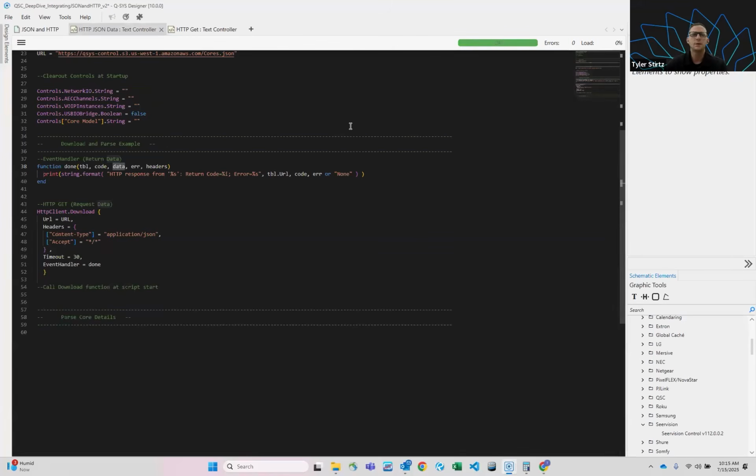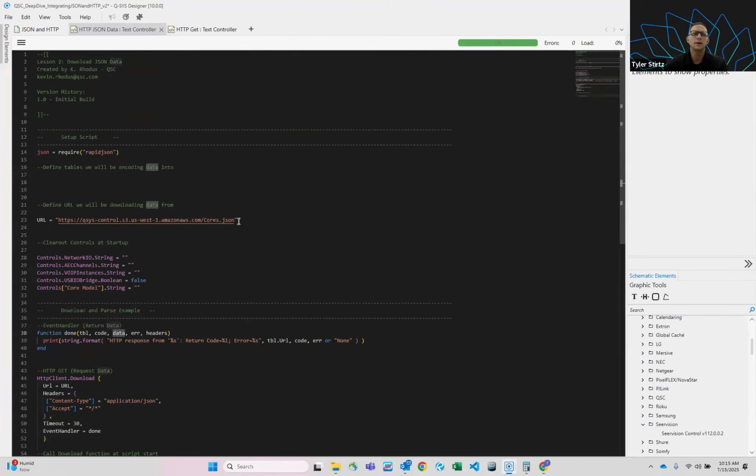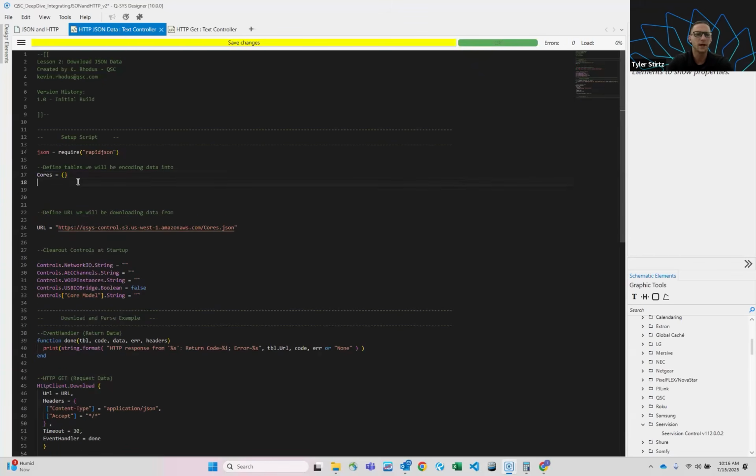The first thing we want to do is define the tables that we'll be encoding our data into. We're going to start with our cores list. So we have a list of cores, and we'll just generate a blank table for that, that we'll pop all of the information from